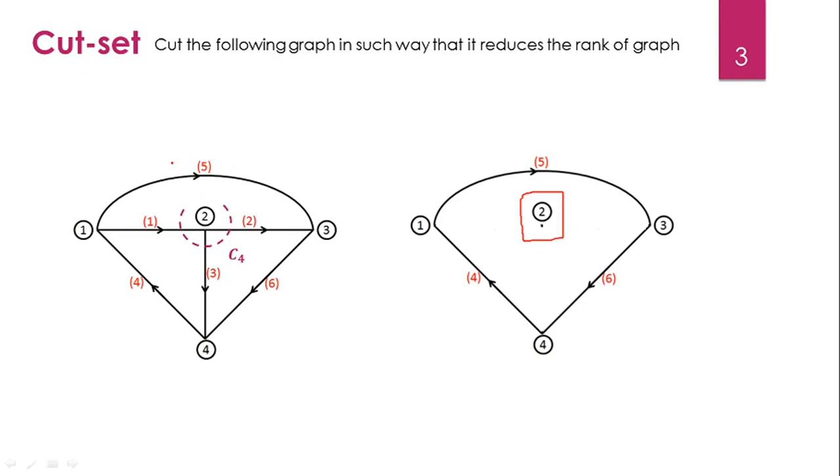If you say that we want to cut here, so branch number 5 is also deleted. Then we will have 1, 4, 3. The rank is the same. The rank is 2. So there is no need to cut branch 5. So this is a minimal cut: 1, 2 and 3. With the minimum number of branches we can cut, we achieve the same thing. So there is no need to cut branch 5. That's why we also have to go with the minimal cut of the branches. Okay.